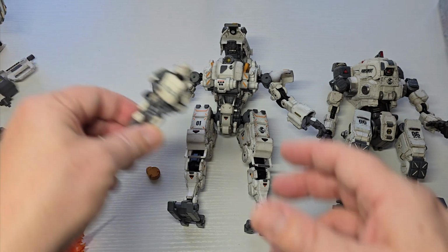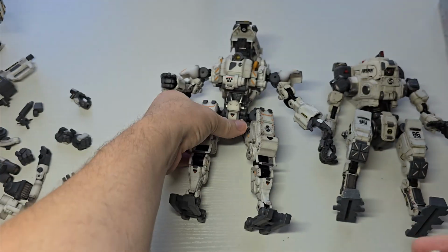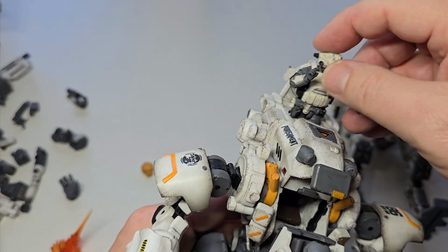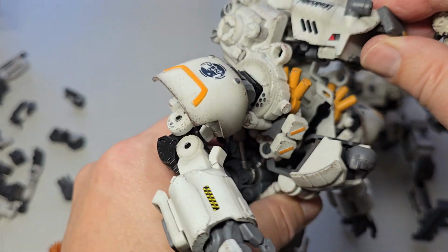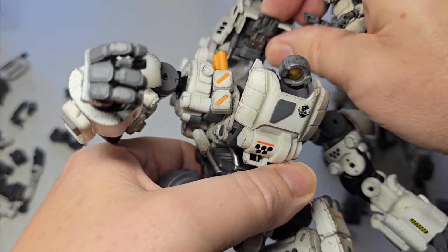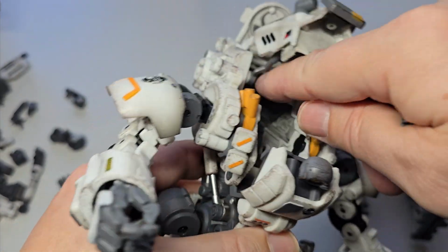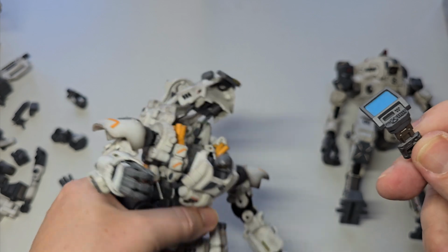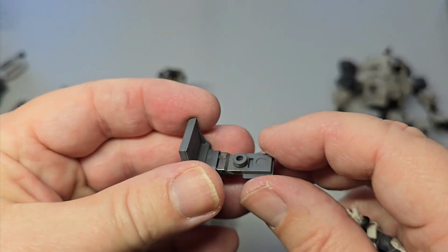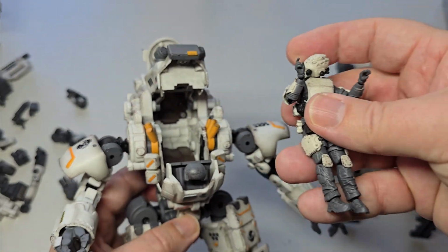But let's get the pilot out and see how well he goes in. No swappable face, so again, cost saving. Every little bit of plastic saved is plastic saved. I guess you could go in this way, but it needs to come up more, and I'm just afraid that's going to bust or something. Does that come off? Oh, wow. Okay. So here's the screen that's in there. It's a really cool screen. Again, with this little thing, you can customize that. You can put a little map or something, little data. So that pops out. It's all fine and good, but...